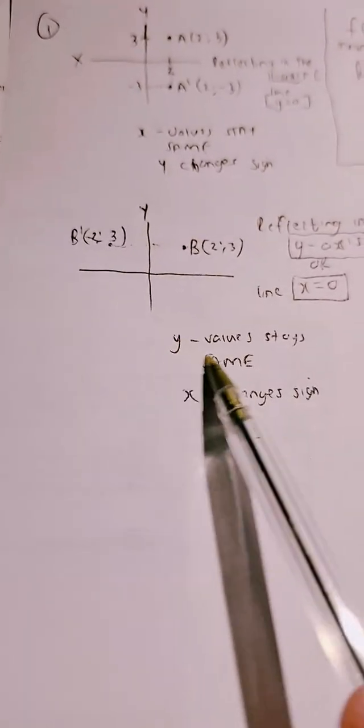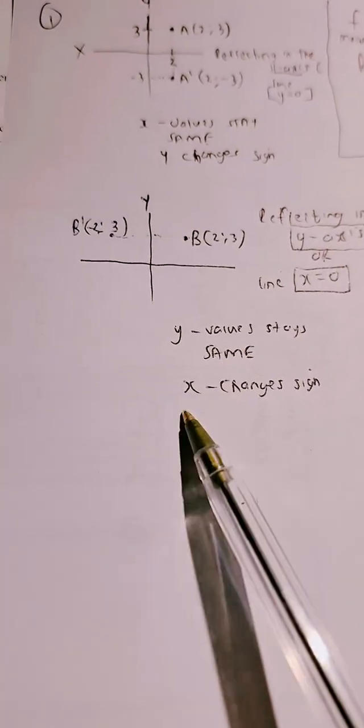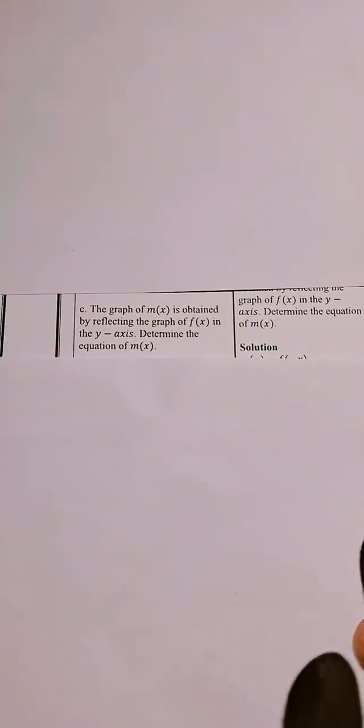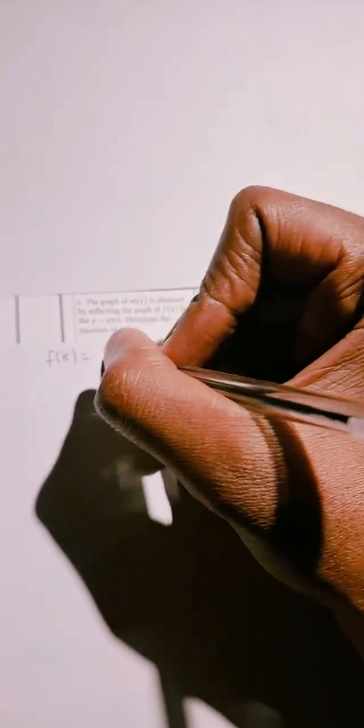So y values stay the same, or our y stays the same whilst x changes its sign. So now I'm going to look at examples that pertain to the equation of f of x for each function. Let's first look at the hyperbola. Remember, hyperbola of f of x was f of x is equal to 2 over x plus 1